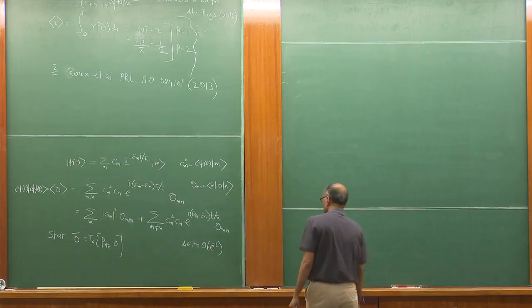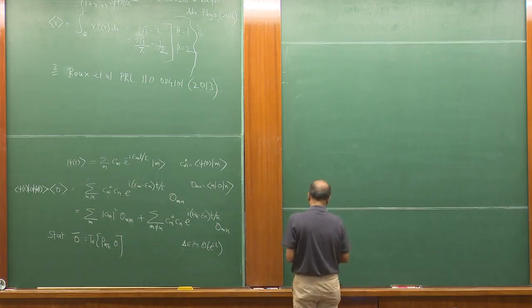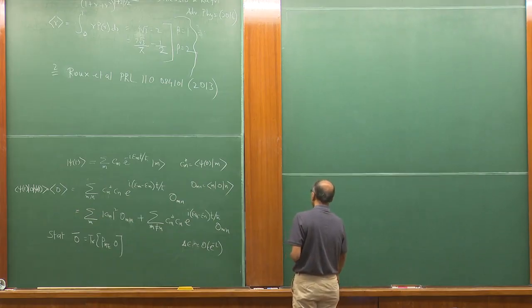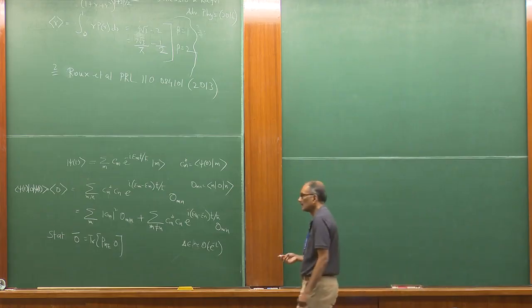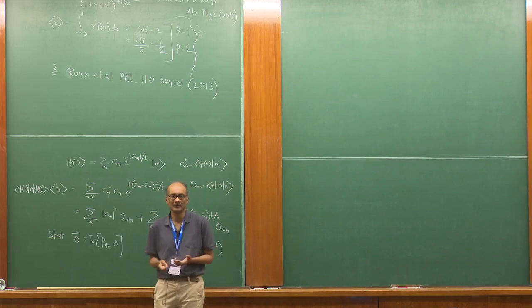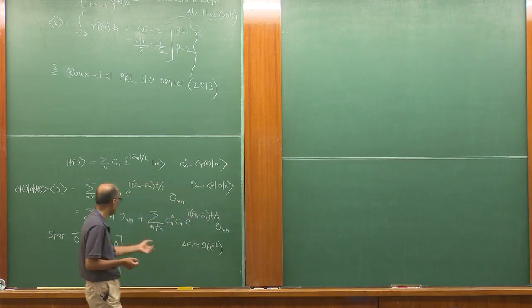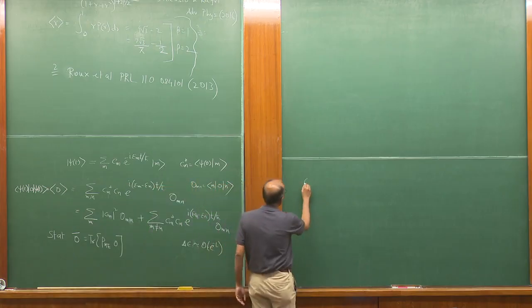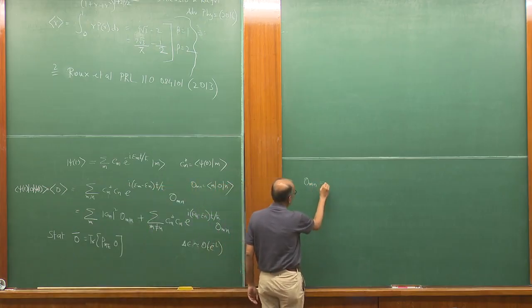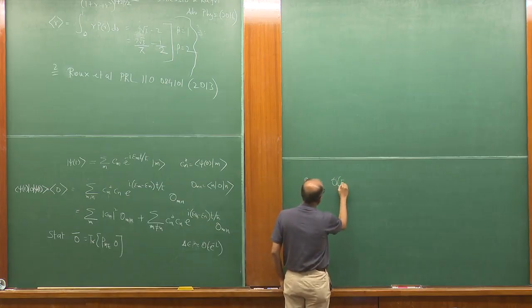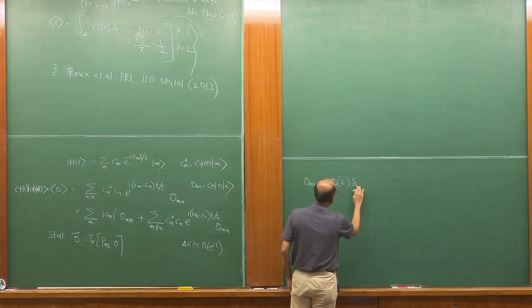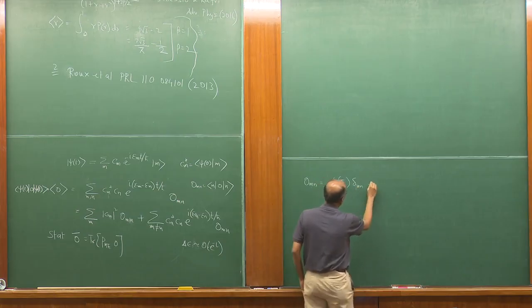Okay. So let me try to write here. Okay, so the eigenstate thermalization hypothesis is a statement about the nature of this matrix element, and it tells you that between any two states, eigenstates m and n, this quantity is just O(E) delta_mn. I'm going to define what E is, plus